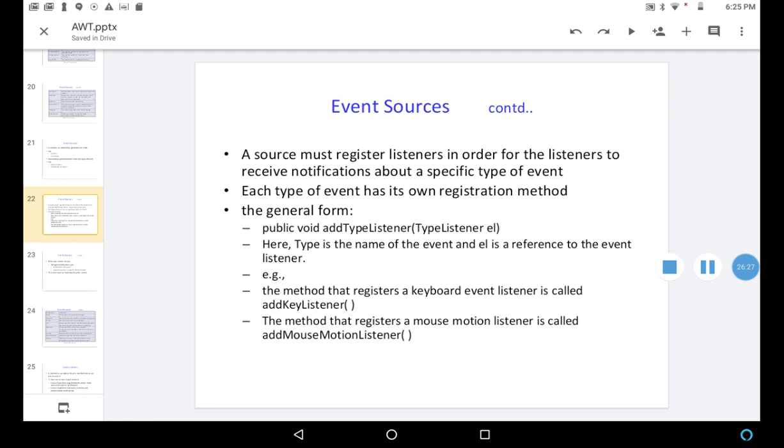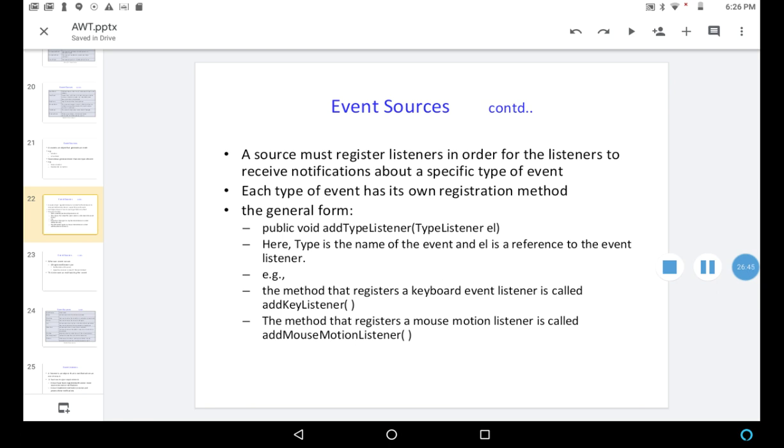The listener registers in the form of public void add type listener (type listener).